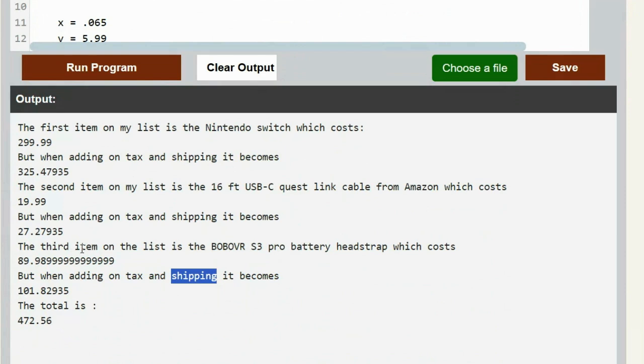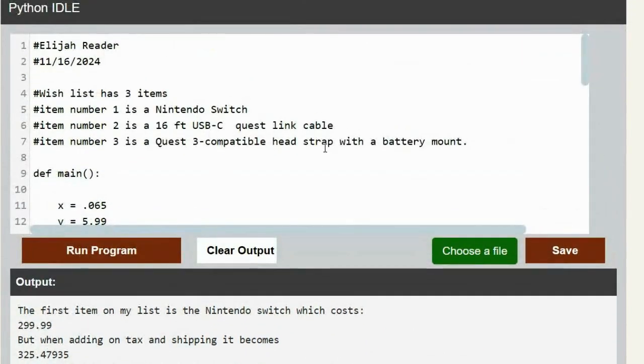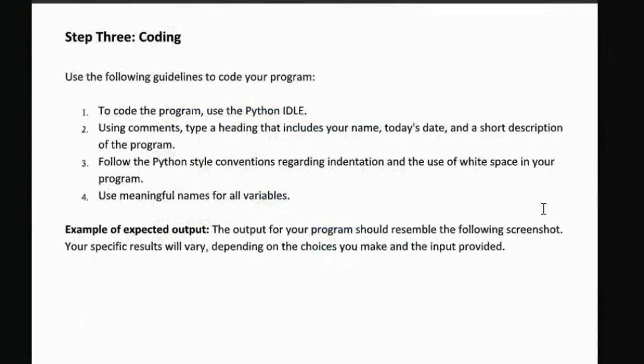Pro battery head strap. So it costs $89.98. And then this is one of those things where I think Buzz does. You might enter $89.99 and then 101 with tax and shipping. And then you added all three of them together, $325, $27, $101. But here's the problem. If we look at what was required for this program,